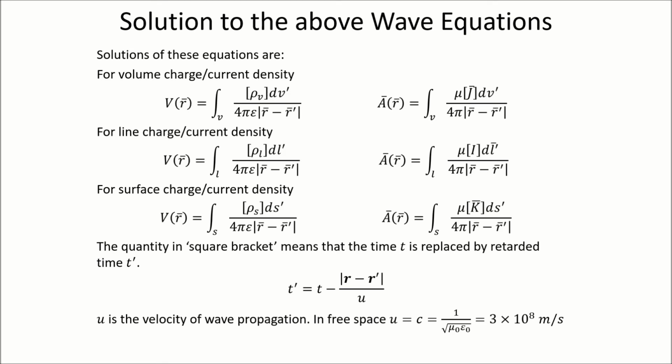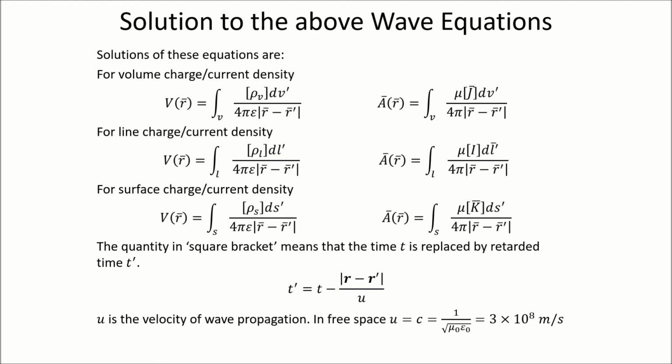But in the time-varying case there is another second-order partial derivative term that should be incorporated into the solution. It is done by putting a square bracket around the charge density and current density terms. The meaning of the quantity in a square bracket is that the term is delayed by a time t prime,